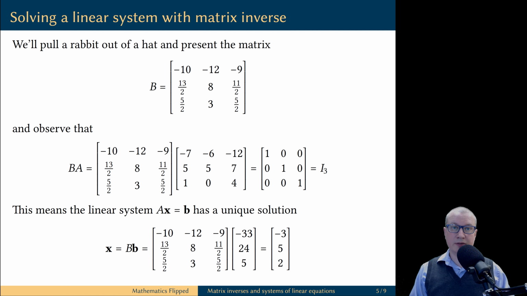But now, because of our previous argument, this means that the existence of such a matrix B implies the linear system has a unique solution, and moreover, this unique solution can be computed by simply multiplying the new matrix B by the vector of constants b. You may want to check that I did not fool you here by taking the original linear system and reducing the augmented matrix to make sure that this is indeed the unique solution of that system.